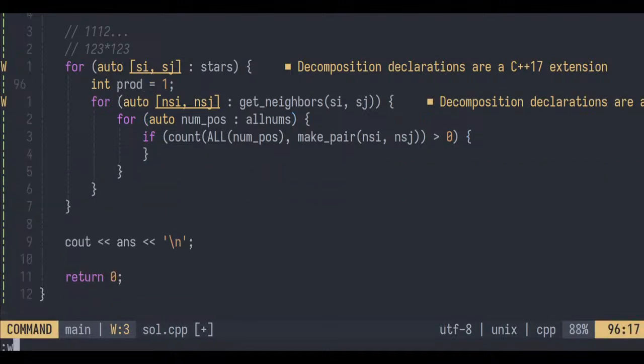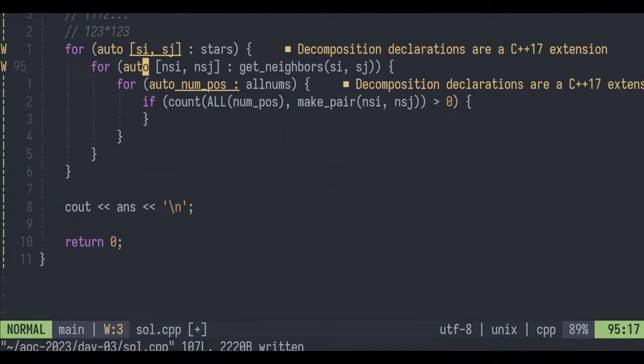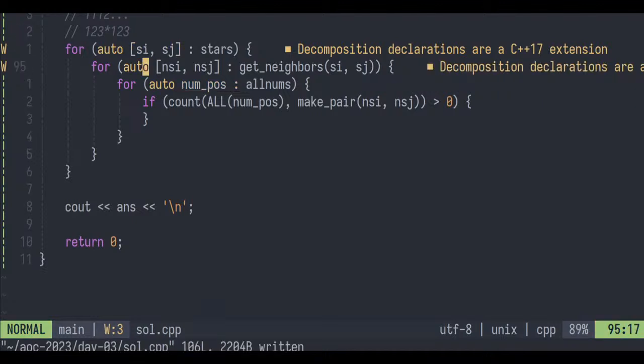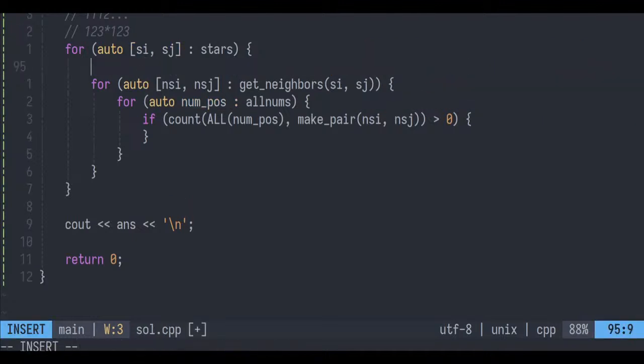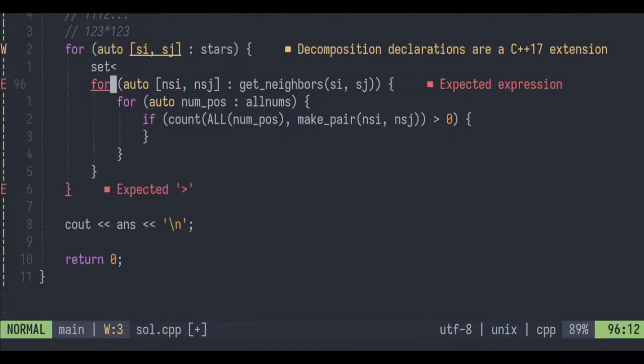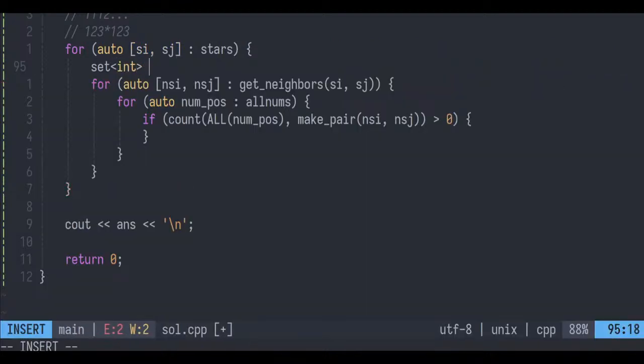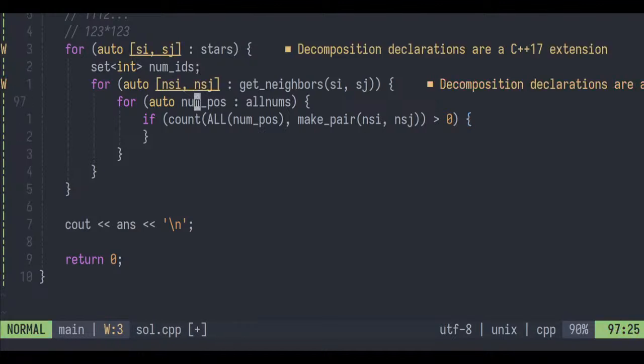This count also does not give us the right answer. Set of. I need positions, right? Let's store them in this, and this should be